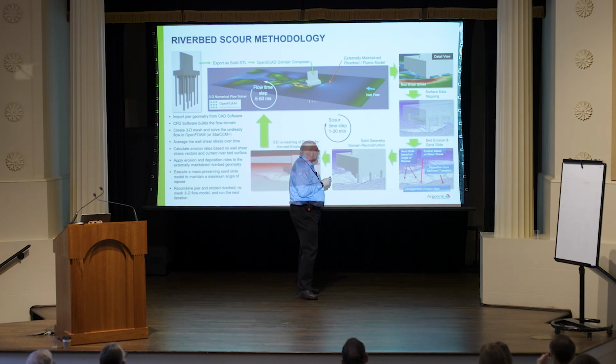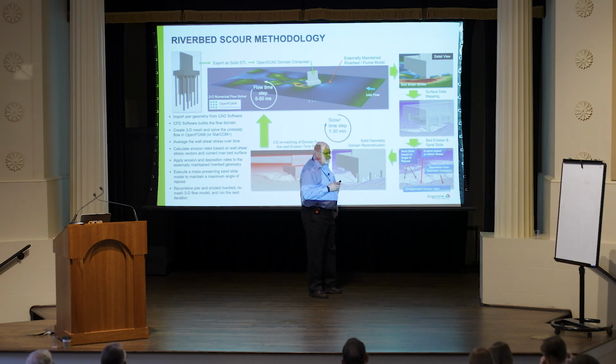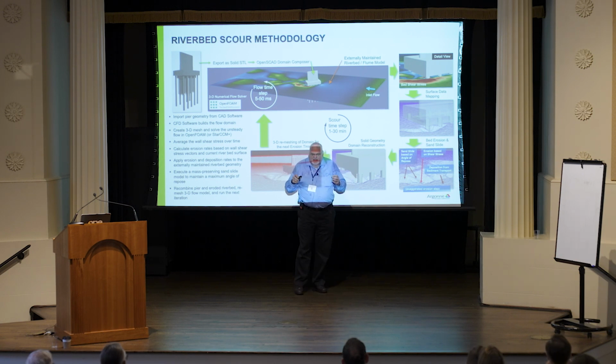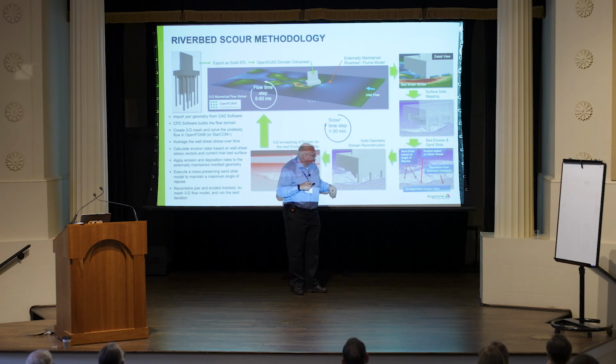So it's based on the Van Rijn formulation for sand, so you have a certain grain size, typically 1 millimeter, all the way down to 0.2. We also do it with clay in a very, very experimental stage, right? And then we have three things that happen. The Van Rijn formulation tells us how much sand gets picked up because of the shear stress.